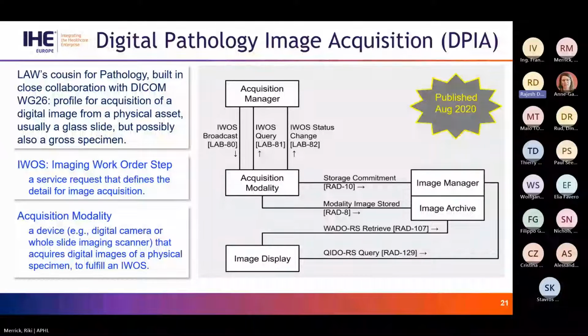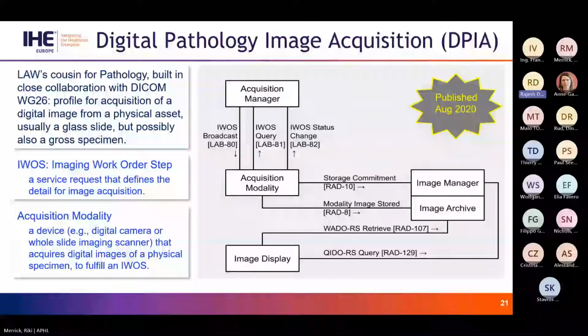So this is strictly around a simple model for acquisition of a digital image from usually a glass slide, but it could potentially also be used for a gross specimen, which is one of the use cases, but our focus really has been on whole slide imaging. These are the transactions where the software can work in two different ways to